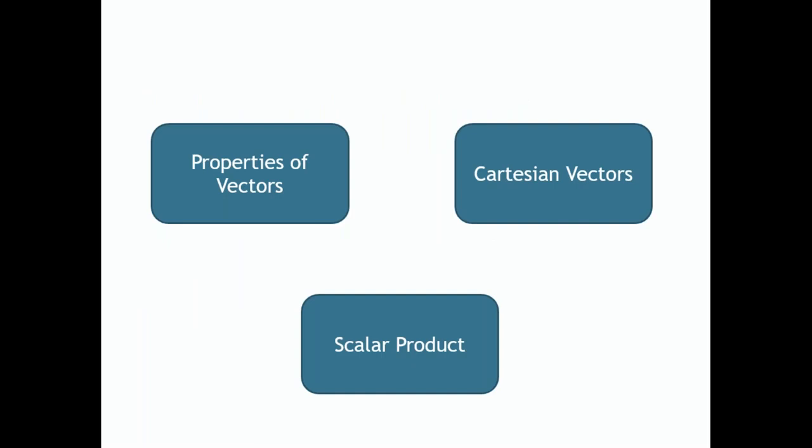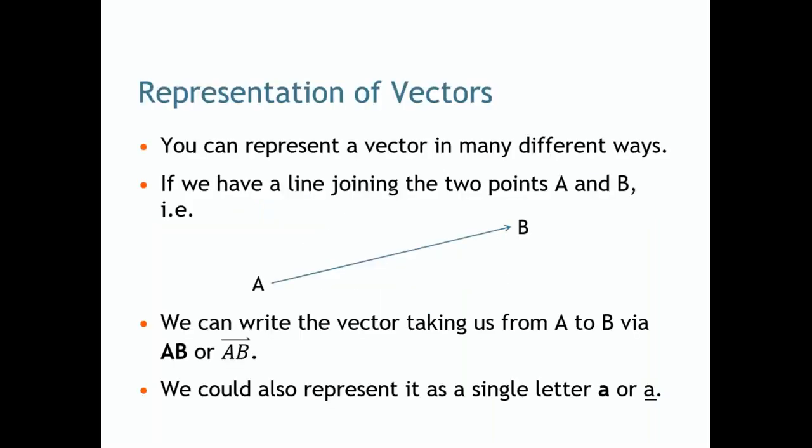This is a word of introduction, but we still have to dive in because we have lots of things to cover. Wherever we can get to, God helping us, we'll see. Let's start with properties of vectors. If we want to represent vectors, representation of vectors,